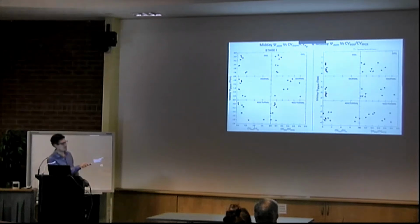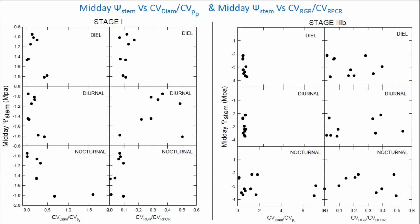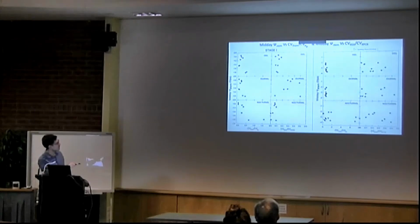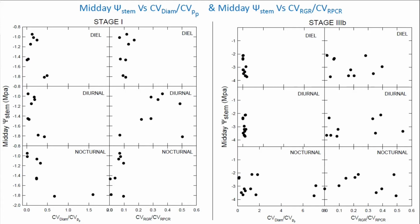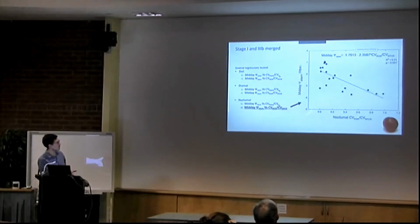So I actually made a ratio between the two coefficients of variation, and then I plotted the regression against midday stem water potential. And they look strange, they don't look so nice. And stage 3B looks completely different compared to this. So what I did was merge the two stages, and I had something that looked much better, especially because I did the same, DL, diurnal and nocturnal, for all the ratios plotted against stem water potential. And the only thing I found interesting was